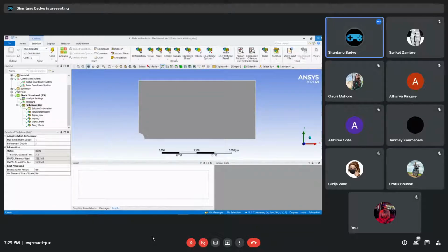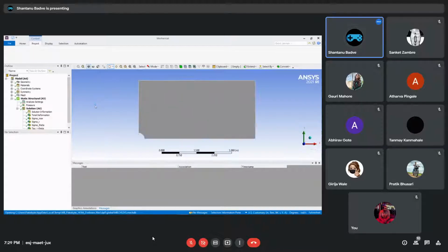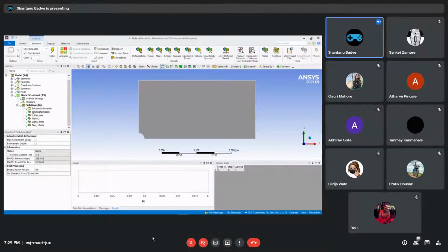Now we are going to X out of here. Don't really need to, but we will. And as you can see over here, now everything has a check mark in front of it, which means that everything just worked out fine. All we need to do now is check the results and validate and verify that we have done everything right. Just right click and click on edit. It will now open up ANSYS Mechanical one final time. And as you can see, all the solutions have converged and we have got check marks in front of them.